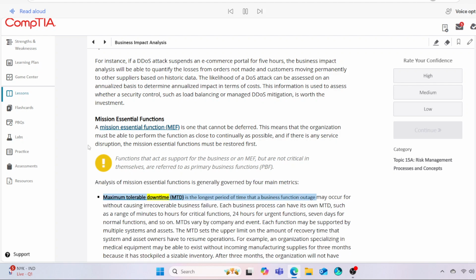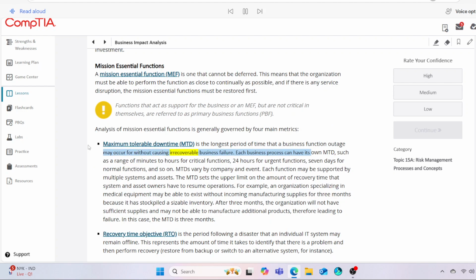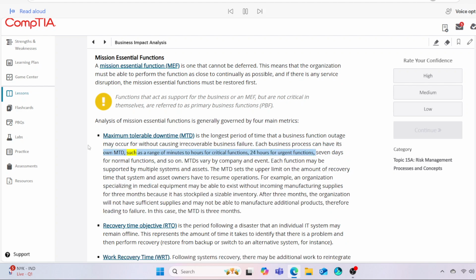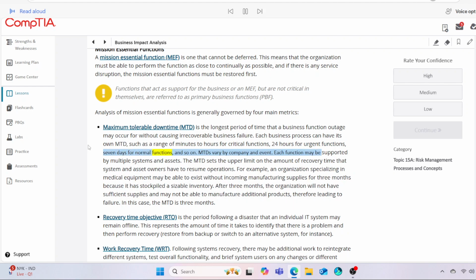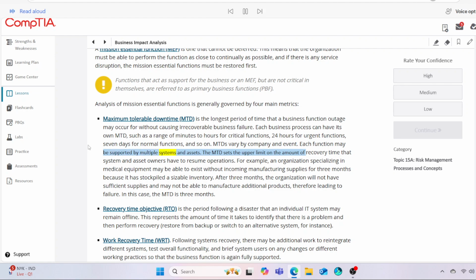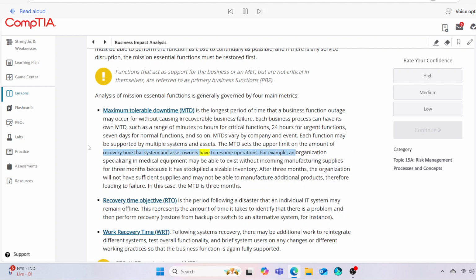Maximum tolerable downtime, MTD, is the longest period of time that a business function outage may occur for without causing irrecoverable business failure. Each business process can have its own MTD, such as a range of minutes to hours for critical functions, 24 hours for urgent functions, 7 days for normal functions, and so on. MTDs vary by company and event. Each function may be supported by multiple systems and assets. The MTD sets the upper limit on the amount of recovery time that system and asset owners have to resume